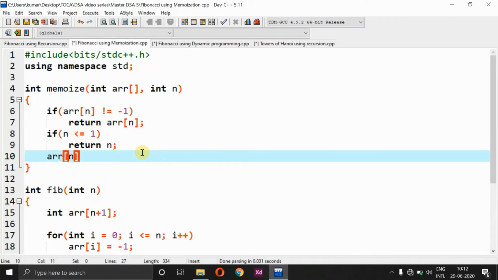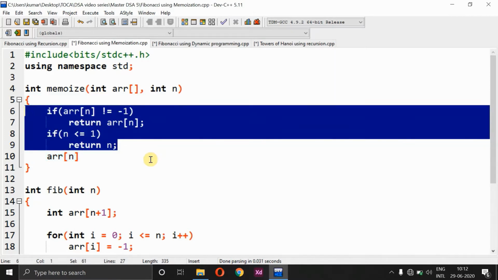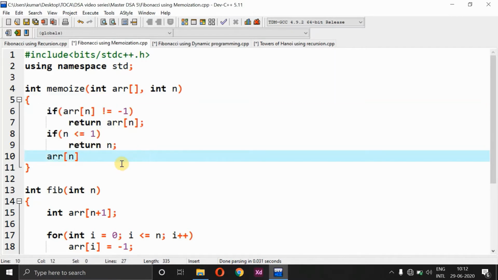So if these two conditions are false, I have to execute the last line, that is array of n will be equal to memoize of array comma n minus 2, and on this side memoize of array comma n minus 1. Okay. So the same functionality we have given here, but the only change is that we have used an array.